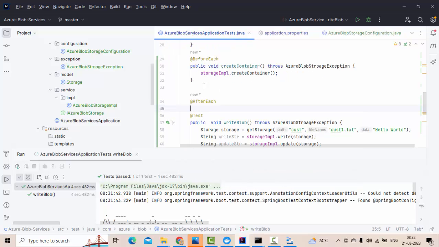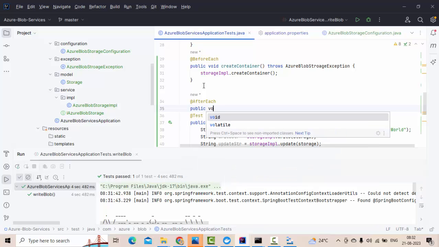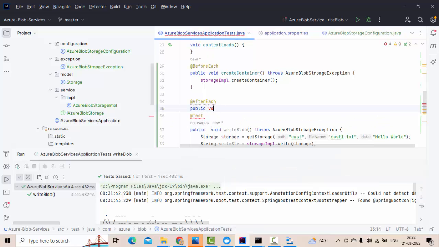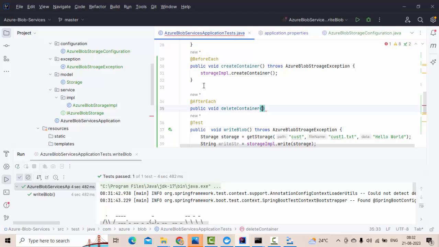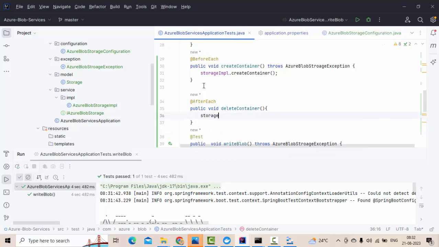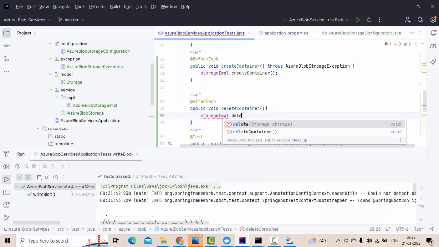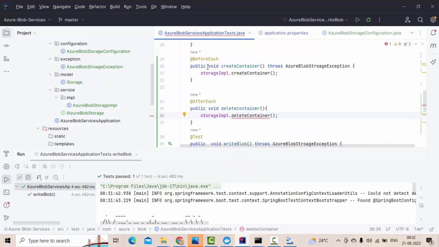There I can simply delete that. Public void, that also you can do, not a big deal. Void delete container. Storage impl dot delete container. Okay,